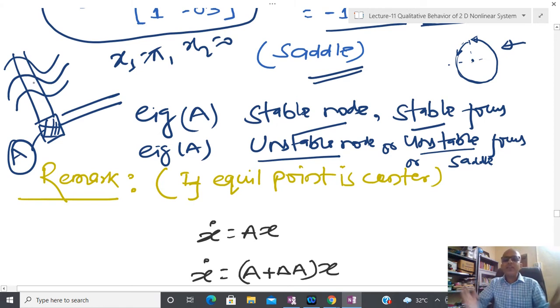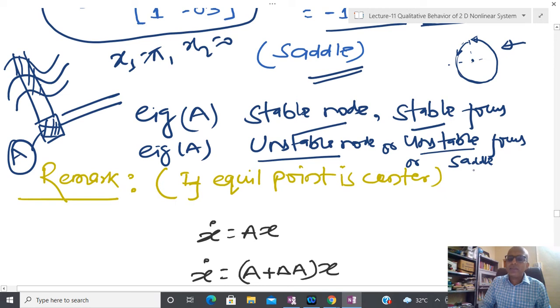Okay, so in this way I am able to comment on the stability of a nonlinear system just by looking at the linear system, but I can only comment on the stability in this particular neighborhood. I cannot talk about stability everywhere. I am only able to talk about stability around the linearizing point. You can see that here I have covered almost all cases: stable node, stable focus, unstable node, unstable focus,